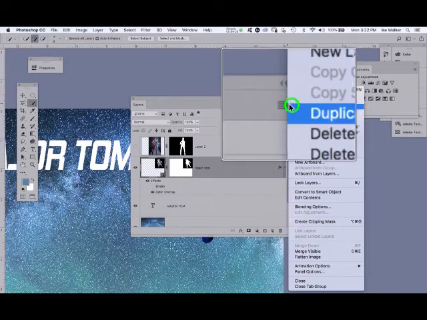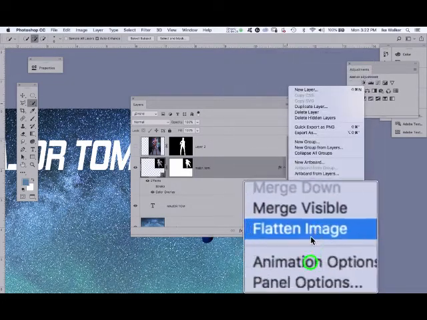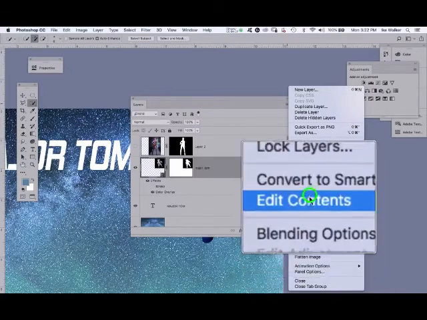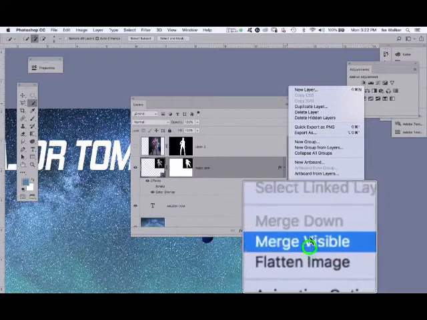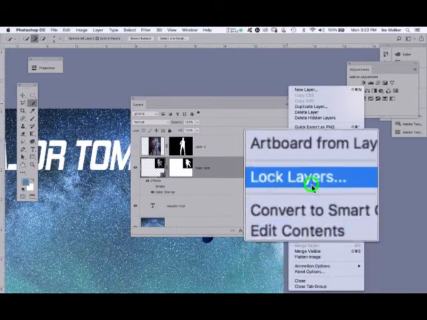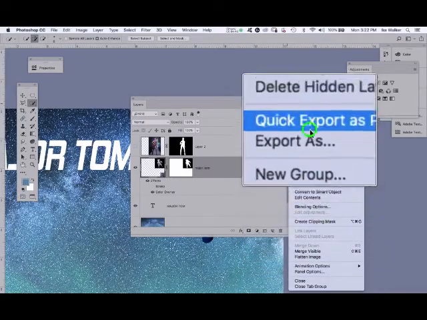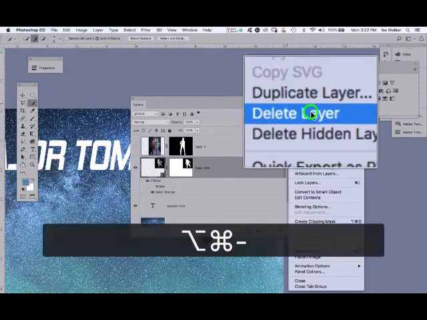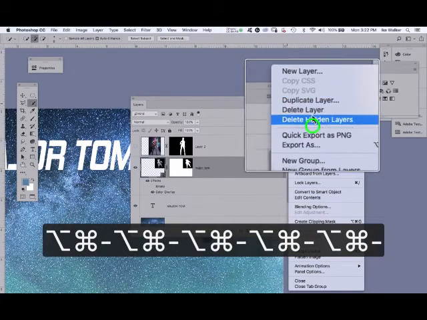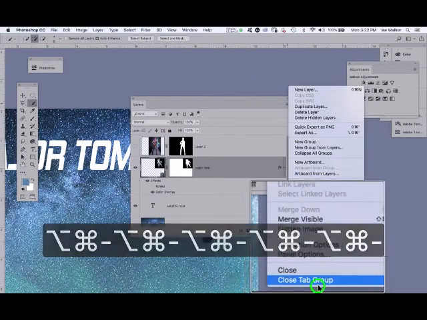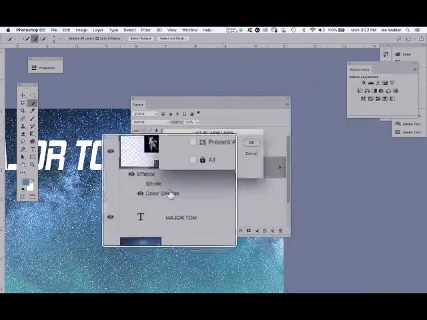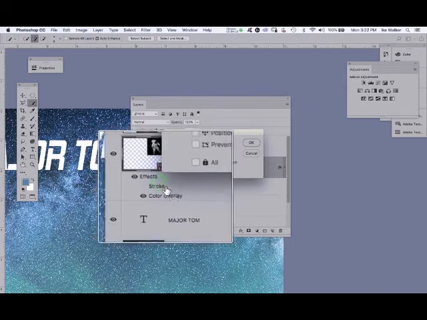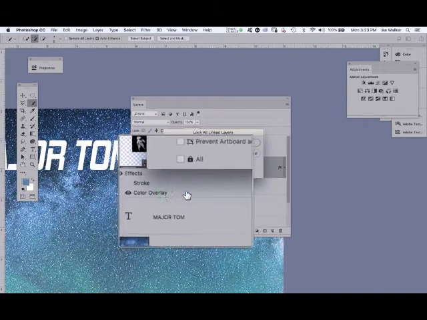Or you can click here on the menu, go down, and you can copy that layer style. Let's find Copy layer style at the bottom of the list. So I'm going to click on effects, click on the overlay,